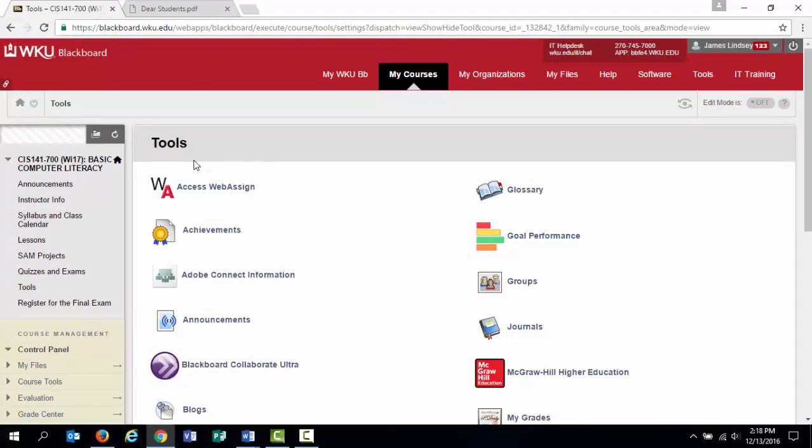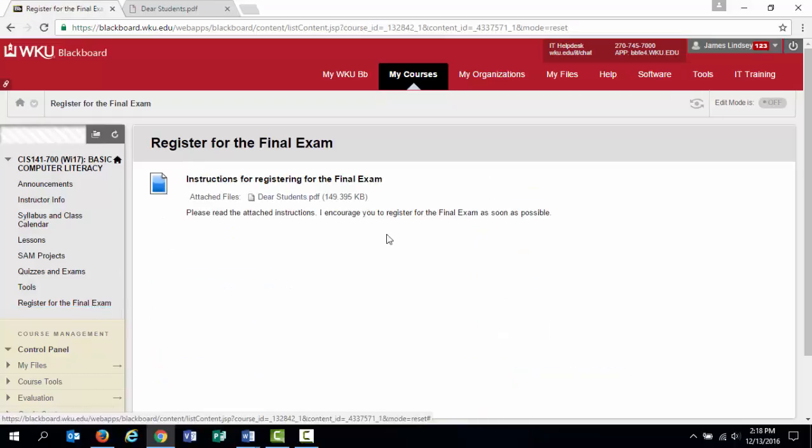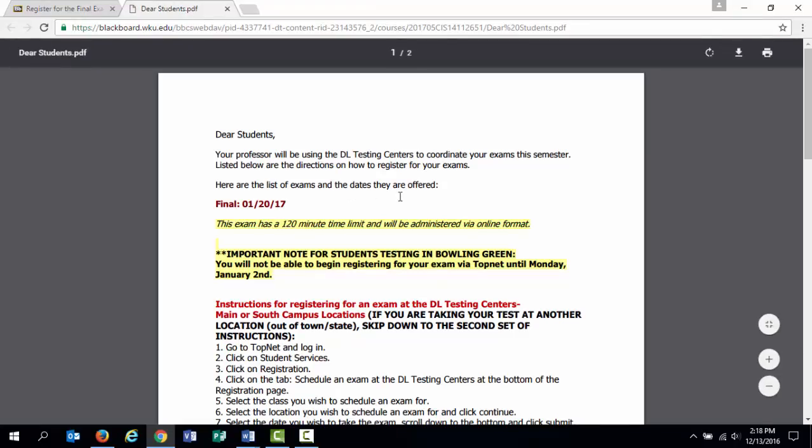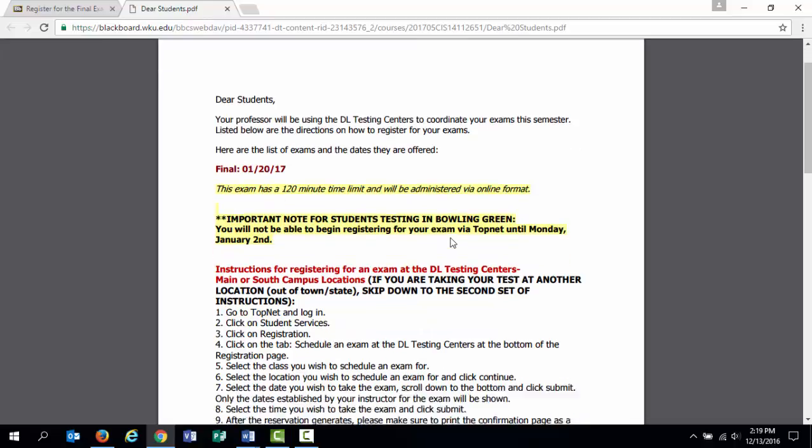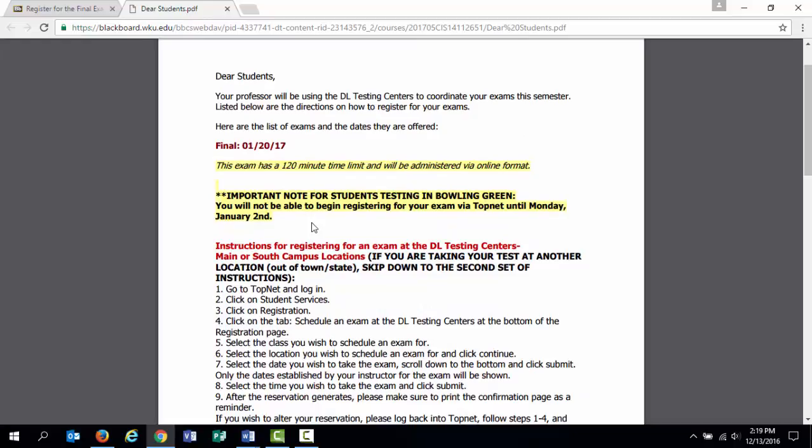Last thing I have to show you is this register for the final exam page. You click on this. There's a link to a PDF document. If you open that up, this is the text of an email that you probably should have received by now. And what it says in here is basically how to register for this final exam. And again, you have to do this through the distance learning office. This is something that you guys are paying for through your fees for this online course. And it talks about when the test is. You get to pick a location through